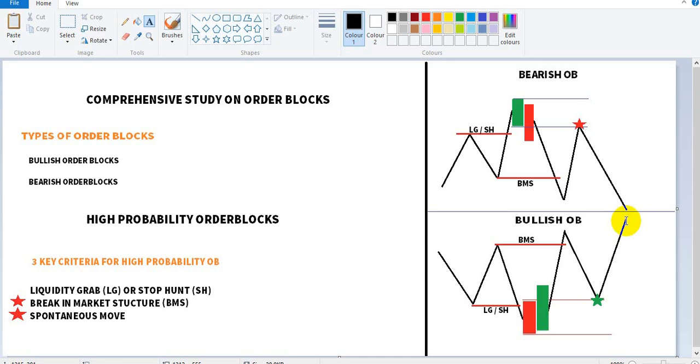Now, let me just tell you a little about what goes on behind the scenes with order blocks. Order blocks are actually pools of orders by central banks or market makers. The central banks are actually the market makers. They actually inject their funds in order blocks,